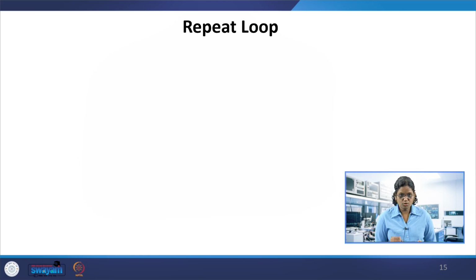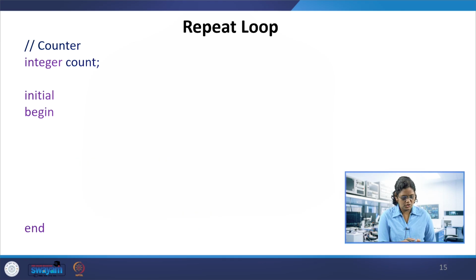So now the repeat loop, again using the counter: integer count, initial begin, end. So count is made 0. Here we have multiple statements in the initial block. We have this repeat loop, repeat 128 times, begin end.